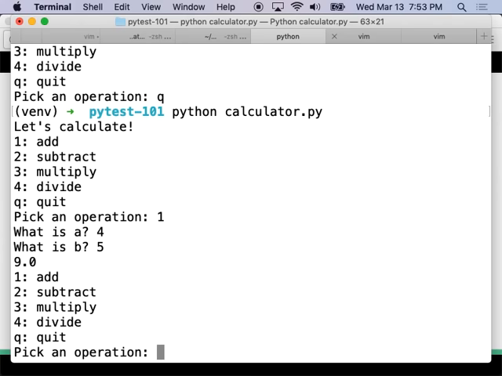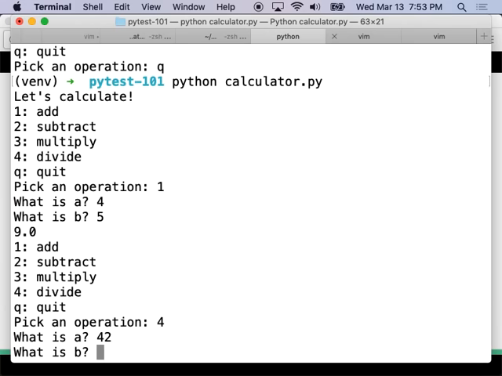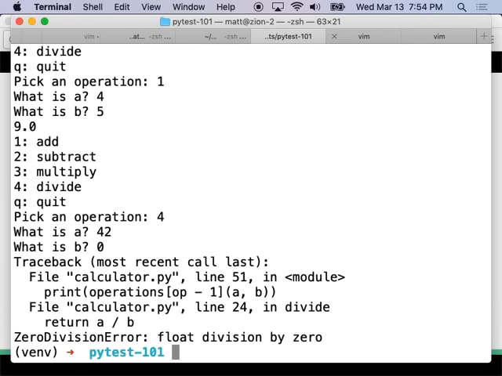Divided by 0. That's the one I had immediately. So we're picking 4 to divide, and we're going to pick the answer to life, and then we do 0. Ooh, 0 division error. Okay, so this is an example now of, you're a contractor and you've delivered